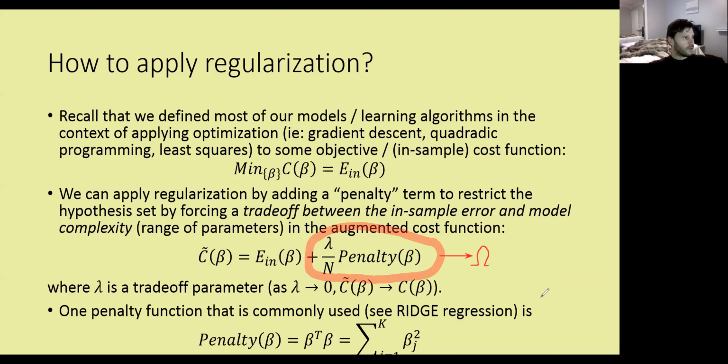Okay, that was our generalization error. That is what that penalty term is trying to do. It's trying to proxy that generalization error, which we know at some point gets much larger with more model complexity. So what we're doing here is we're forcing a trade-off between the in-sample error, En,